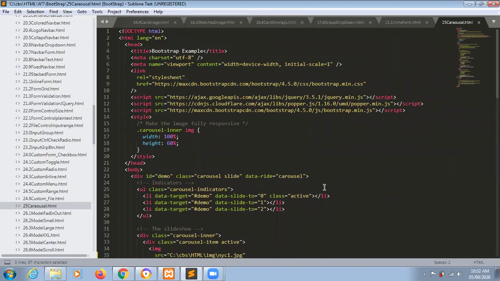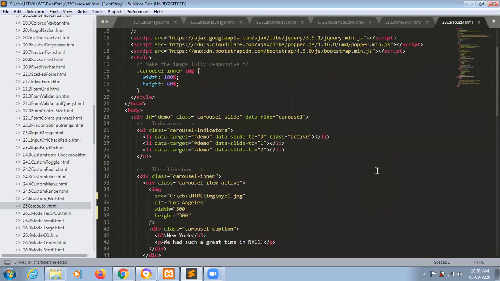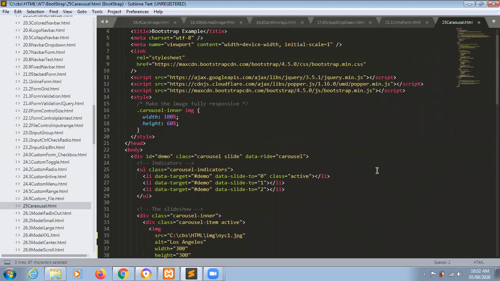Width 100%, height, you have given, but still it's somehow not working. Maybe you have not linked it with the carousel. Due to the style, the problem is coming, madam. Width 100, height 60. Yes, maybe this is the problem. Okay, you can fix this later. You can show me the next one.